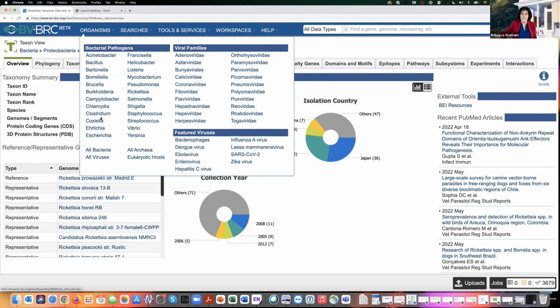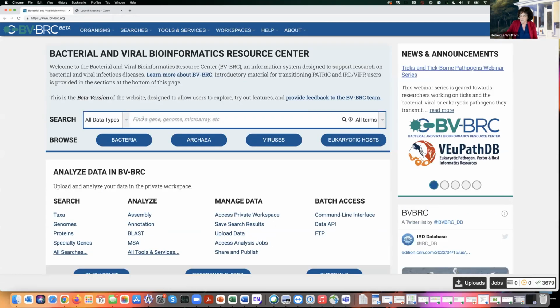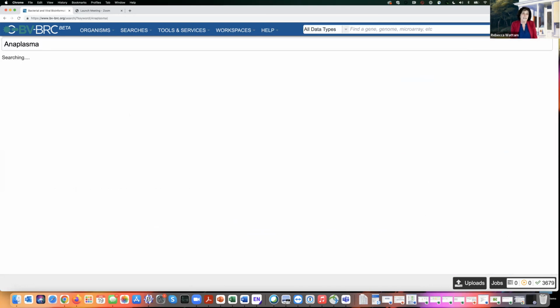So how do I find that data? How do I find if you even have any Anaplasma data? Well, you could go up here and use the global search that's on the top of every page. But if you were on the home page, you could find it here. And I could type in Anaplasma, and hit return, of course, and that will take me to the